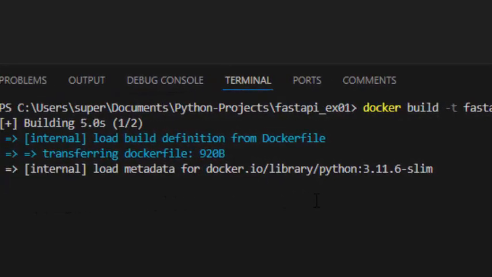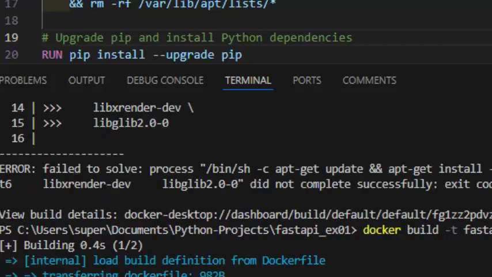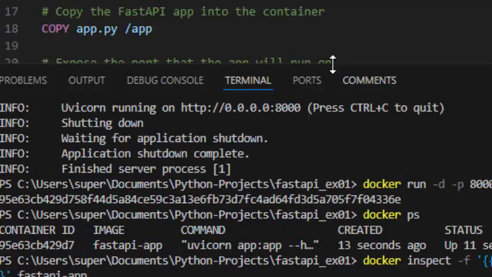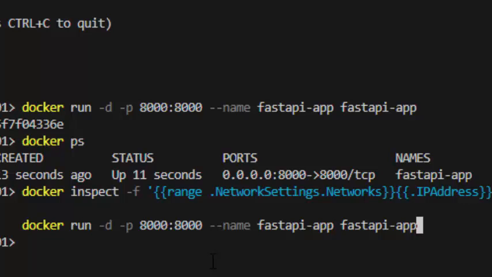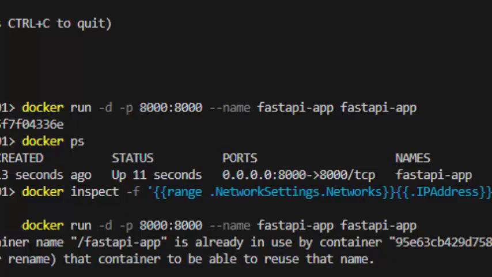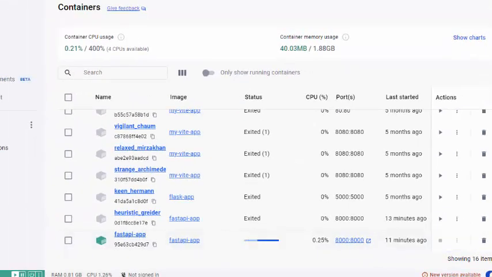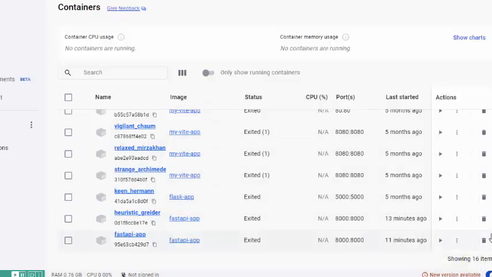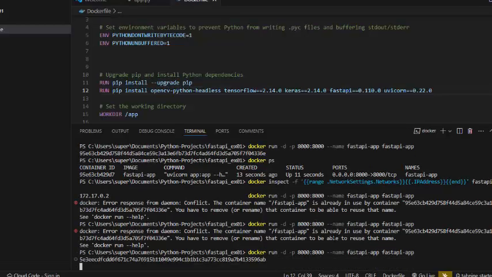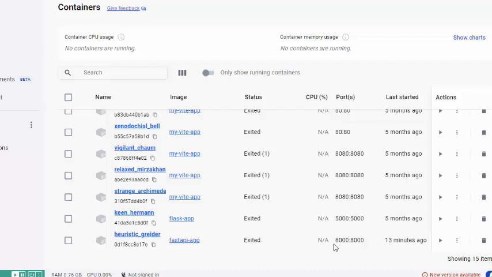We can build the Docker image using docker build -t, and we provide the tag of fastapi. You can name that tag whatever you like. We can also run with the -d and -p options, and you will see in Docker that your image is running. Then you can stop or delete the container from Docker, and you can restart or rerun it